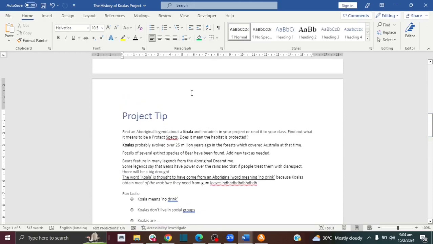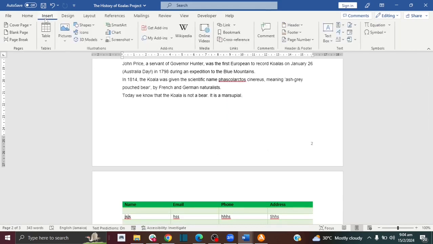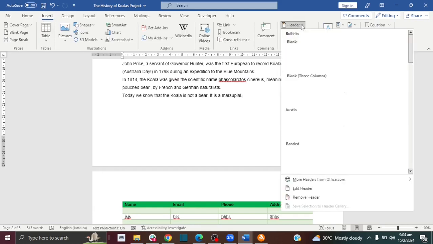Let's say you want to add a header on all of the pages and a footer on all of the pages. This is where you do it. Go to insert, and here's where you can add your header. So you just click on it,